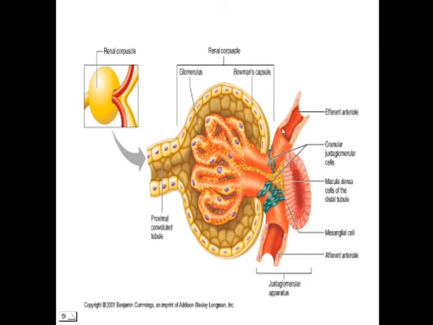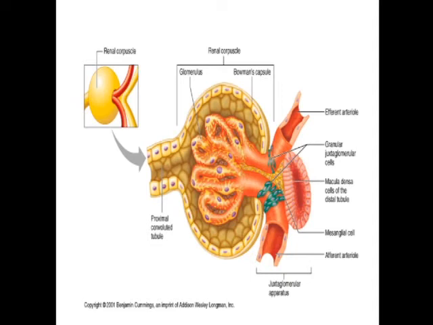This is the efferent arteriole. It is to be noted that instead of draining into a venule, the glomerular capillaries drain into an arteriole. It is also noted that the efferent arteriole is smaller in diameter than the afferent arteriole, and this difference of caliber between the afferent and efferent arteriole ensures a substantial hydrostatic pressure in the glomerular capillaries, which facilitates the glomerular